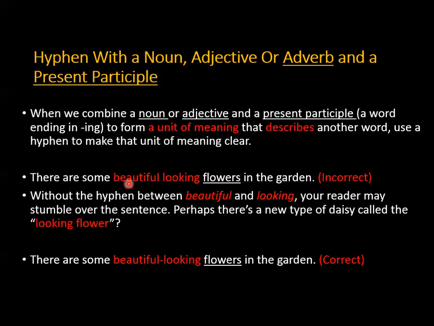So the reader might understand that the adjective is beautiful, describing something called looking flowers. So what's the solution for this? Adding a hyphen between beautiful and looking, just to show that beautiful-looking together describes the word flowers. This is a correct way of writing this